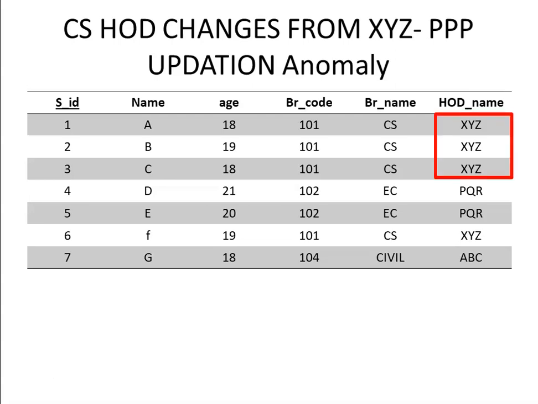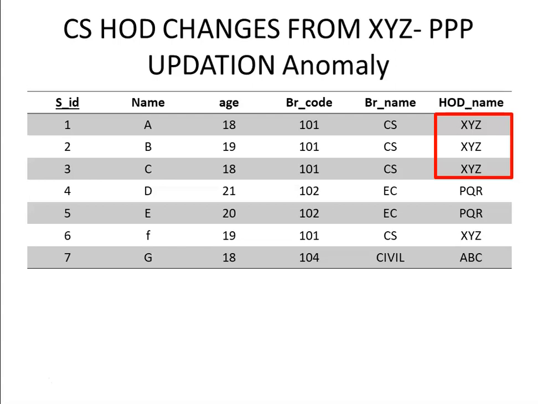I have highlighted only the first 3 tuples. If you want to update, you have to update all the tuples wherever XYZ appears, replacing that name with PPP. This is only a snapshot of a database, assuming there are lakhs and lakhs of tuples in the table. So you have to update each and every tuple.